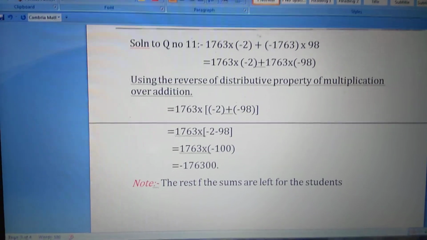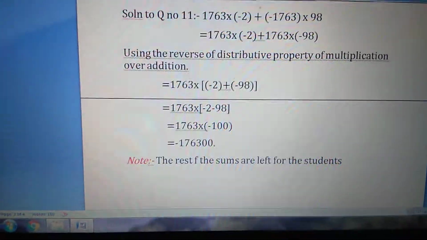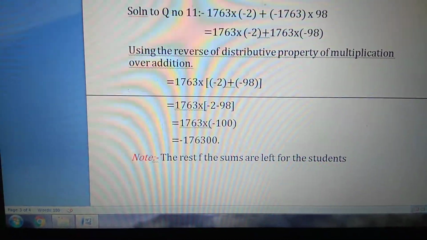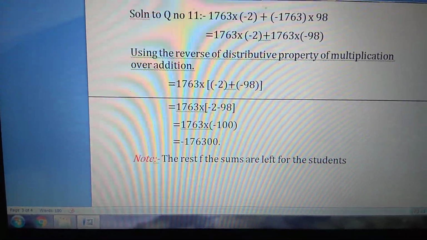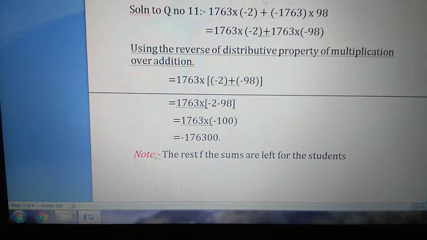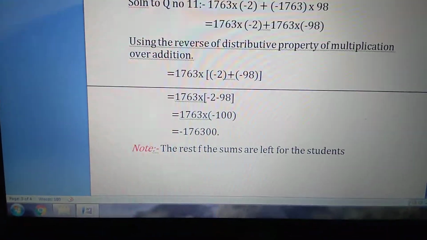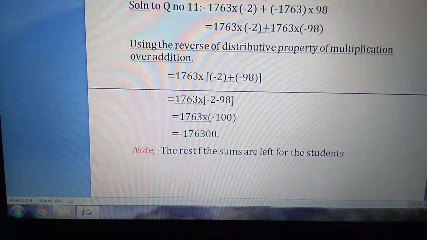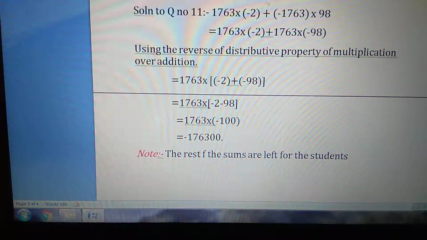Then question number 13 is simplification. As here we will end up with all the information of integers, simplifications can be solved by using the BODMAS rule. I think my students know about the BODMAS rule and they have learned about it in class 6 only. So here we end up with exercise 1D.